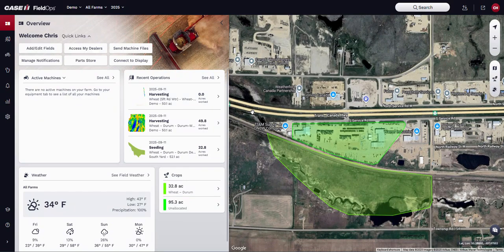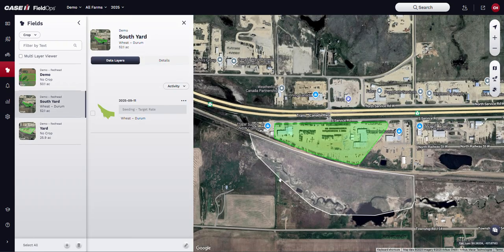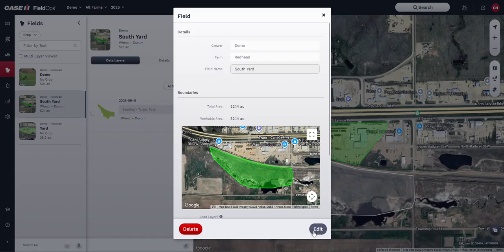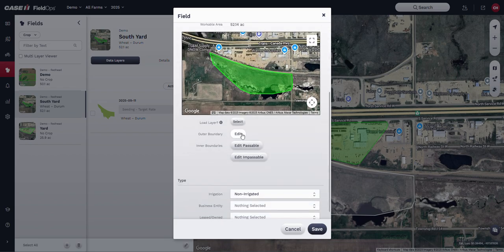To adjust or edit existing boundaries within your FieldOps account, we can either go to the fields on the left-hand side and select a field within the list here, or we can just click on a boundary that we wish to edit. Once you have the boundary selected, you click the pencil on the bottom right-hand corner, and you can click Edit. Here you can change your grower, farm, or field name if you wish,